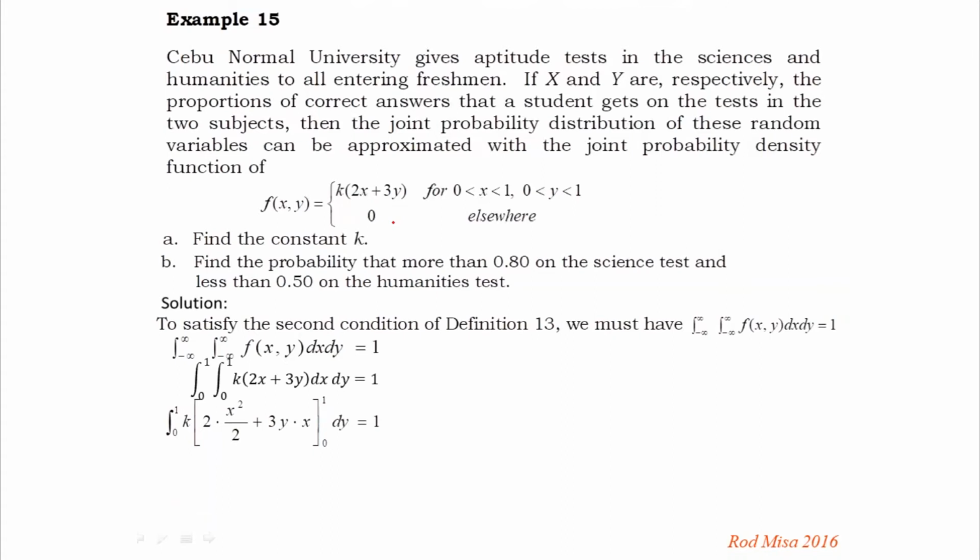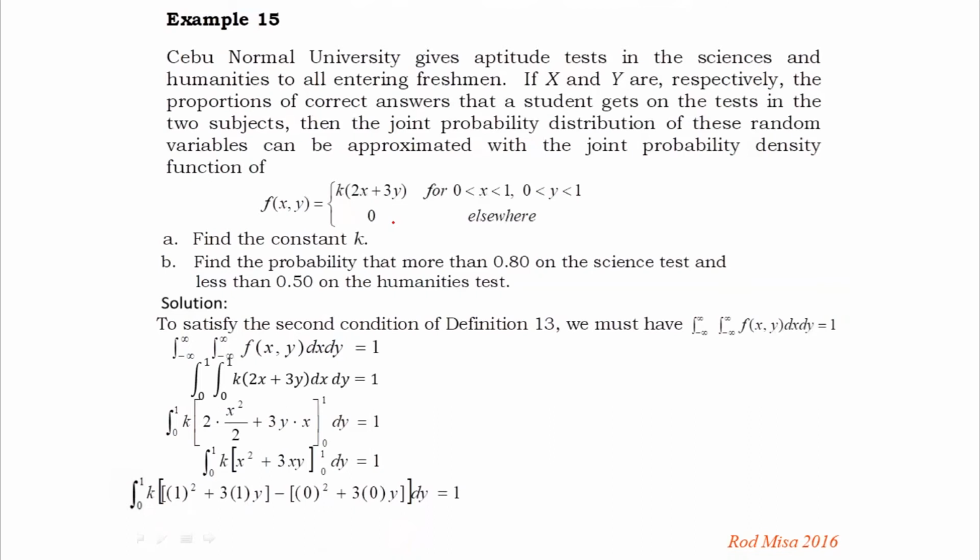And the integral of 3y is 3y times x, because y there is considered a constant since our variable of integration is x. So 3y as a constant when integrated with respect to x, the answer is 3yx. And simplifying our answer, we have x squared plus 3xy. Then substituting our limits of integration for our x, we have 1 squared plus 3 times 1 times y minus